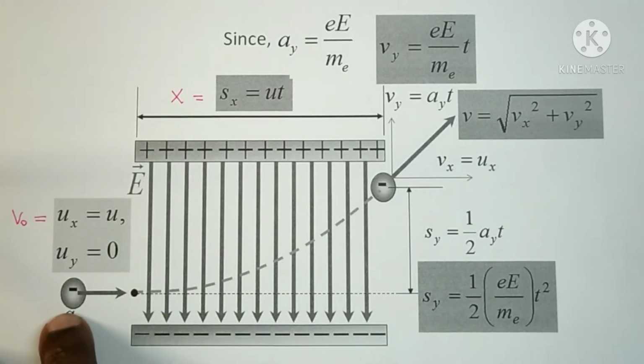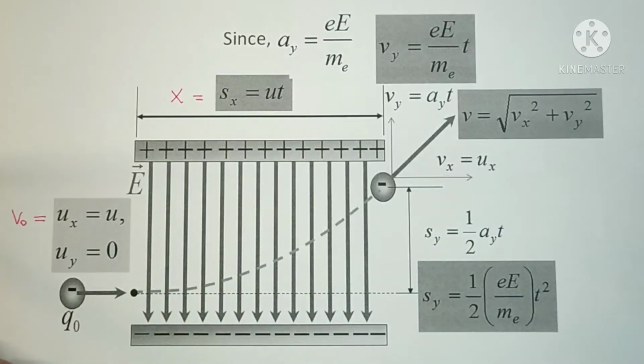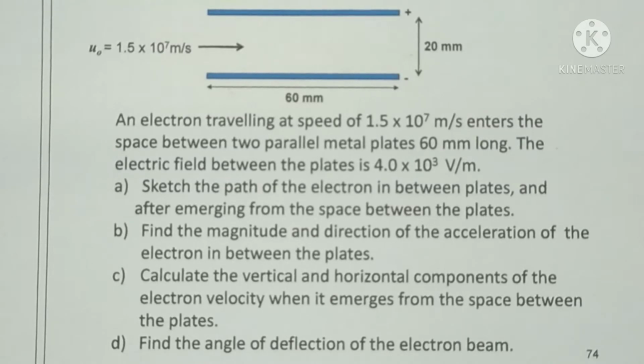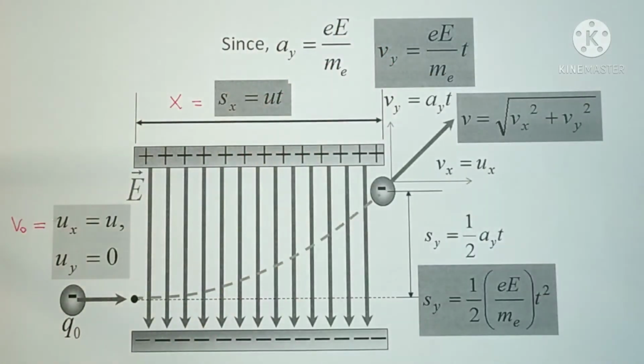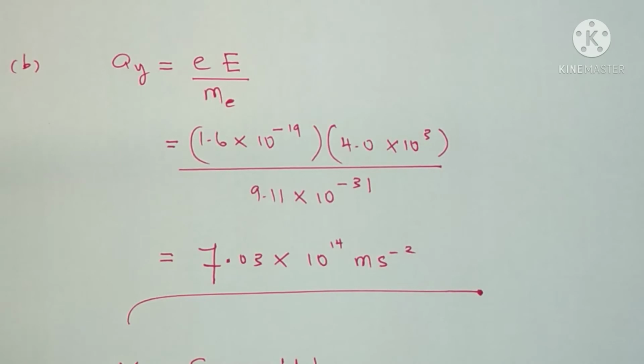You can see how the electron is deflected to the positive plate in the uniform electric field. Followed by section B: find the magnitude and direction of the acceleration of the electron in between the plates. You can pick this formula to solve the problem in section B by substituting all the possible values in the equation to get the acceleration of the electron, which is 7.03 times 10 to the power of 14 meter